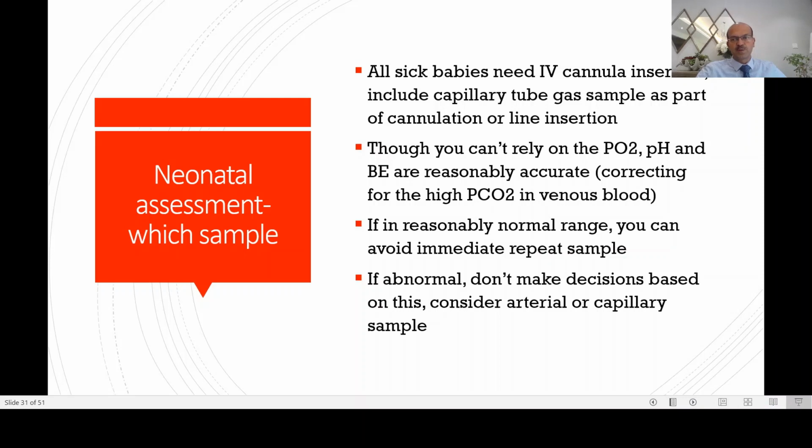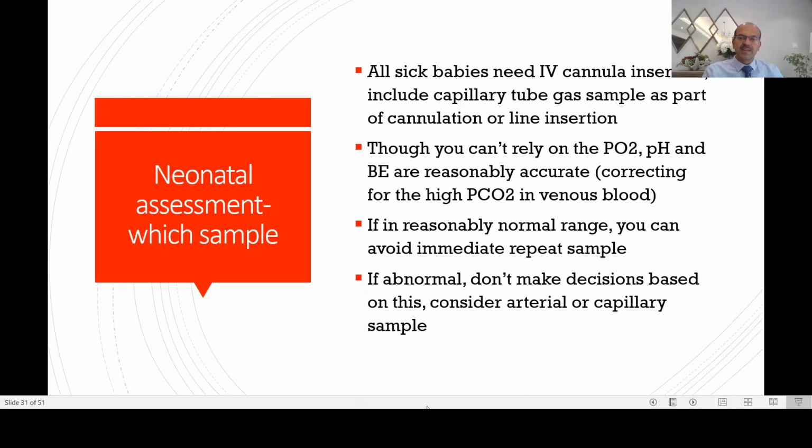And the PO2, of course, you would not look at the venous gas for PO2 at all. And because your carbon dioxide is high, the pH is low, the bicarbonate is interpreted from that by the Henderson-Hasselbalch equation. So that is going to reflect this change as well. So always have a correction, the pH may come down by 0.03 to 0.05 in the venous sample. And in a poorly perfused child, this may be worse. The carbon dioxide again may be 10 centimeters of water higher sometimes.